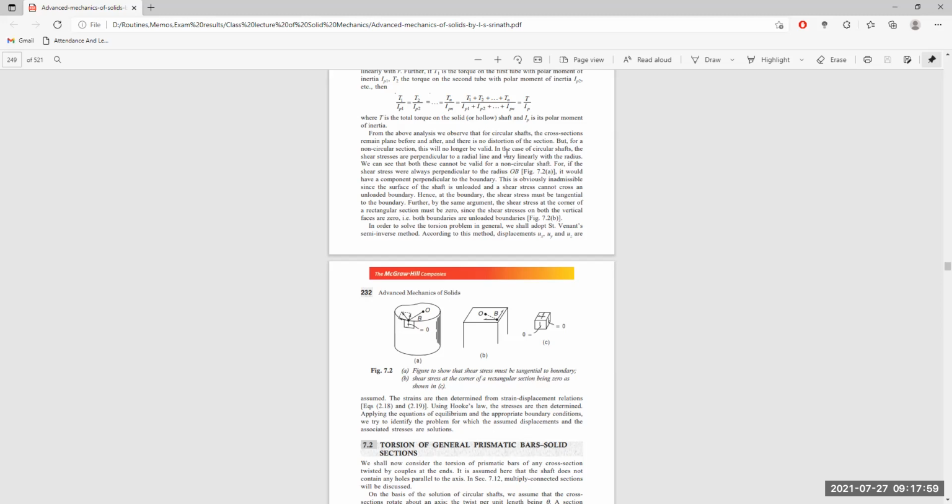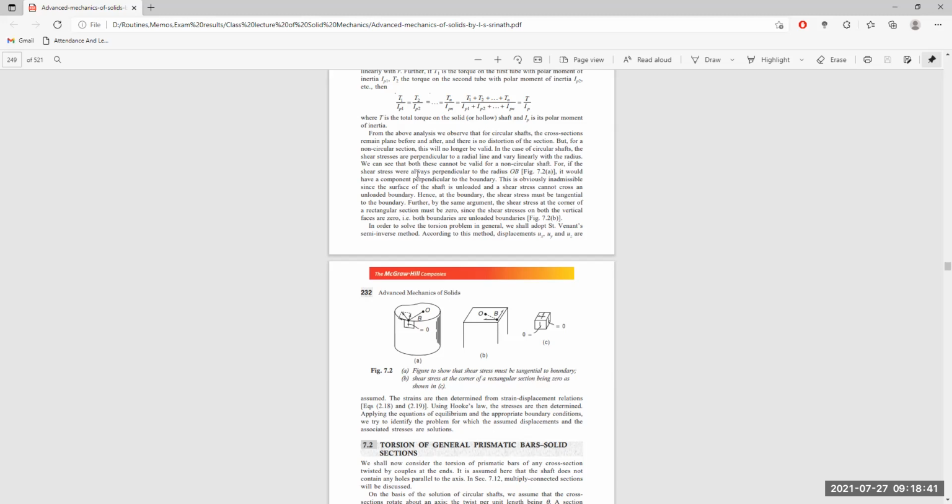Why not? What is happening in the case of a circular shaft? Shear stresses are always perpendicular to the radial line and vary radially with radius. No problem with understanding it. If we draw a line from the center of the shaft to the periphery or circumference, all the shear stresses are perpendicular to these lines, in an infinite number of lines initiating from the center to the outermost periphery. Every line has a normal, which is the shear stress at that particular point. And over the peripheral surface, shear stress is the same for all the points.